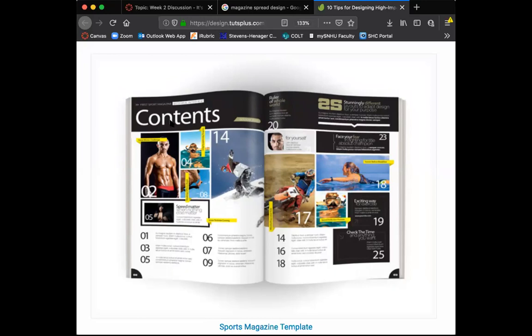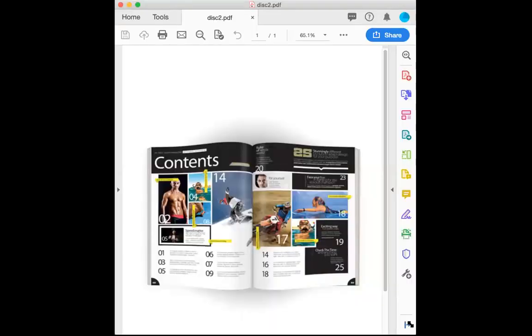And then what you can do is, let me go ahead and save this out. I just pulled this off, and I'm going to save this as a PDF instead of a JPEG, because when I pull this off, it's automatically a JPEG. So I'm going to export it as a PDF. And I'm going to name this discussion 2, desktop save. Open up your PDF, which you'll see here in a second. Hold on. So I just exported out as a PDF.